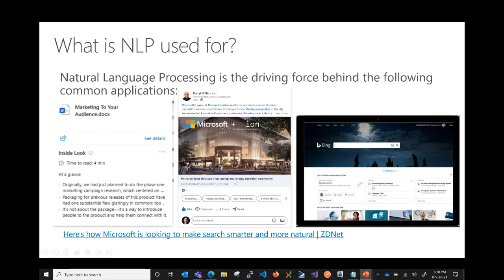The second one, the image in the center, is where I was browsing through my LinkedIn newsfeed, and I came across an announcement about Microsoft starting something in Houston in the ION Center. I kind of said, well, this is good news. I like it. So I say thumbs up. And then immediately it pops up all these different